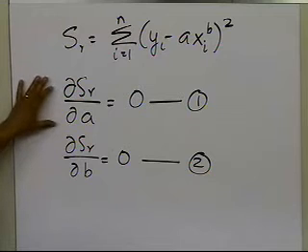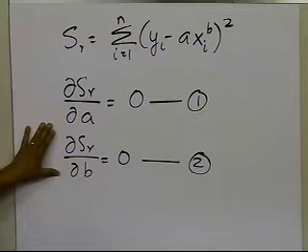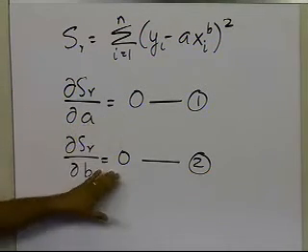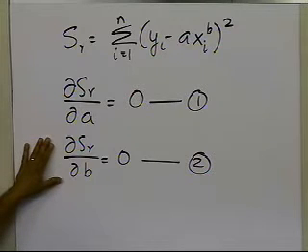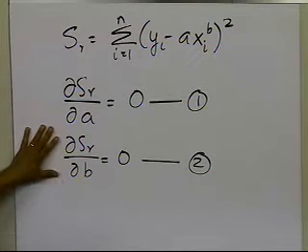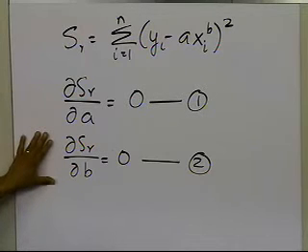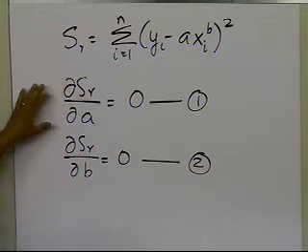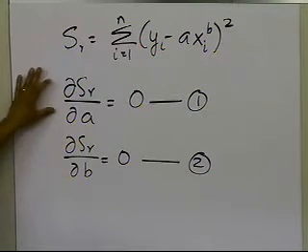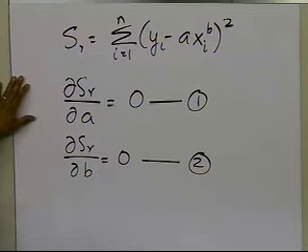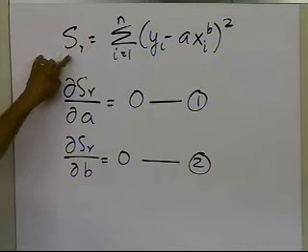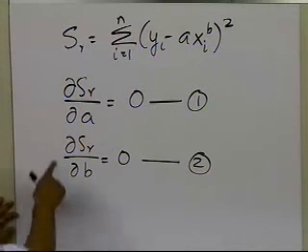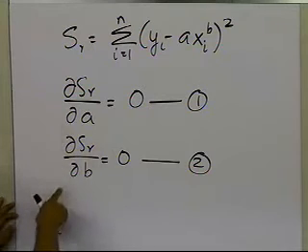So what that means is that by taking the derivative with respect to A and B and putting that equal to 0, you are going to get a local maximum or a minimum. I'm not going to prove why, when you find the values of A and B, you will get the local minimum which you are looking for to minimize the value of SR. If you're getting multiple solutions, then you have to figure out whether you are actually getting the absolute minimum for the value of SR.